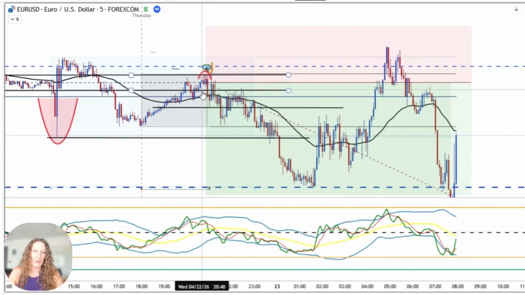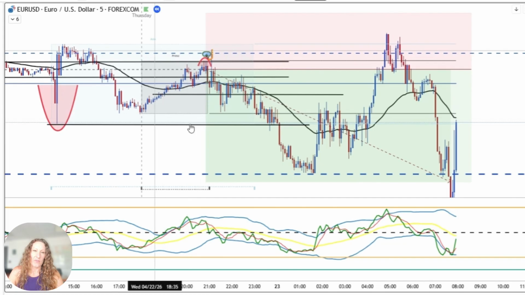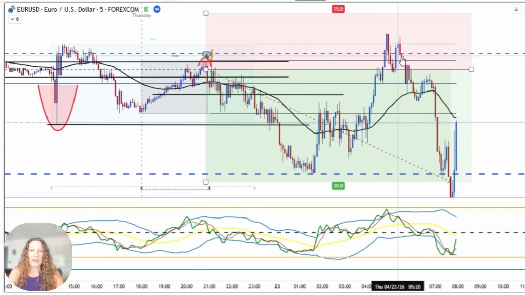So this is our prime window. We took the trade. This is a really good example of why I like our 15 pip stop and our 30 pip take profit, because it does keep you really safe if you trade it within this window. Okay, it's not perfect. Like I said, for this trade, the entry was in Asia. Then there was another entry as they came back and retested this exact level. Look, there's an M here and there's an M here.